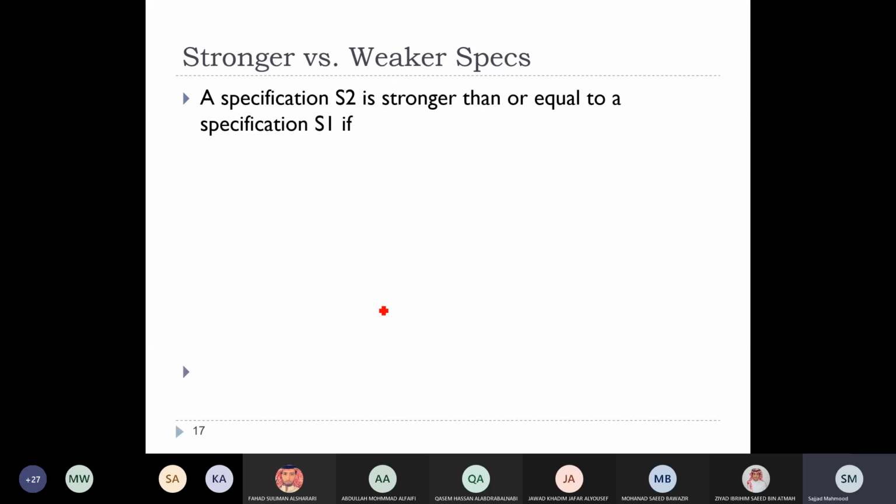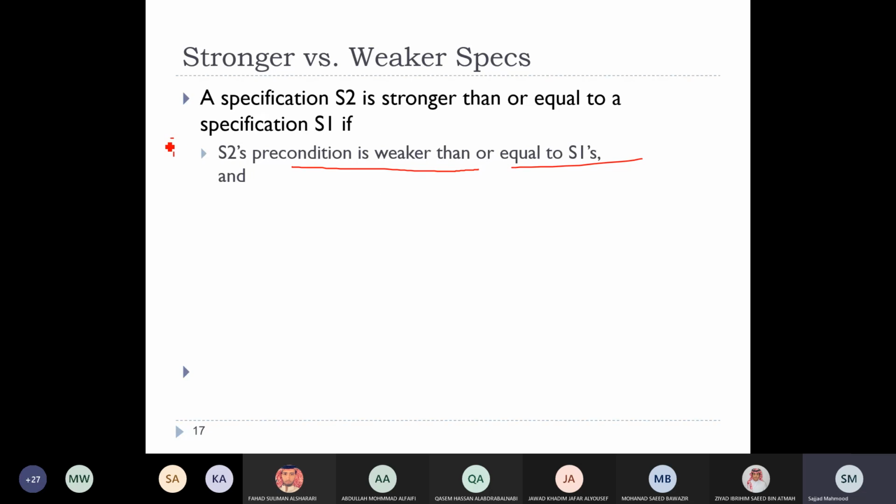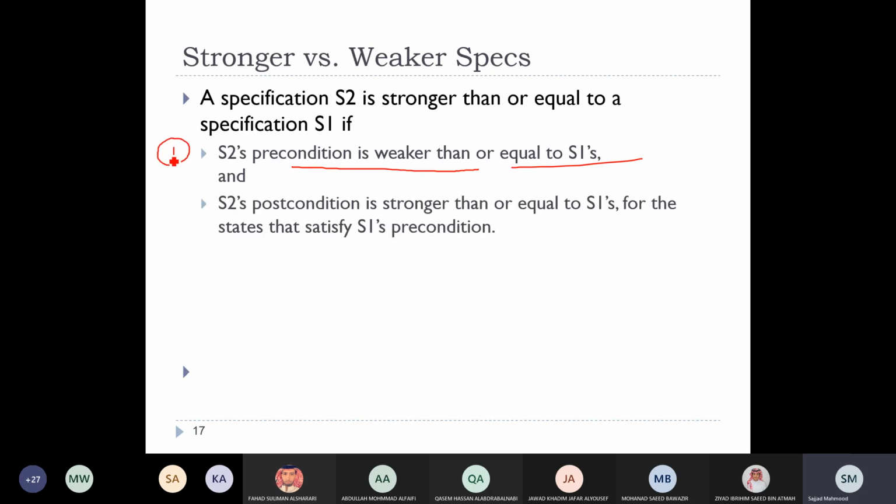So we are saying that specification S2 will be stronger than or equal to a specification S1 when your S2's precondition is weaker or equal to S1's, and the second thing is that your S2's postcondition is stronger or equal to S1's. So in other words, we're saying that